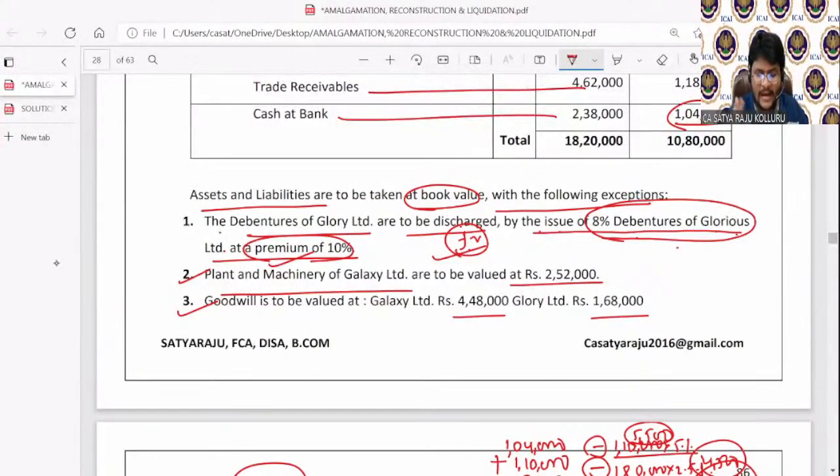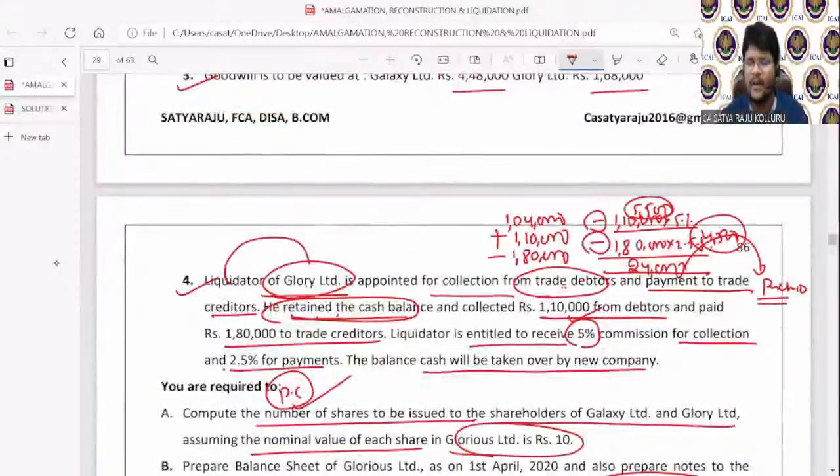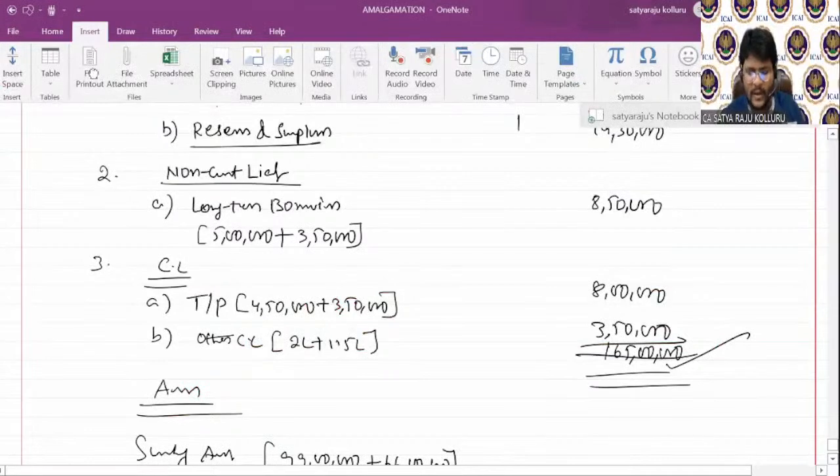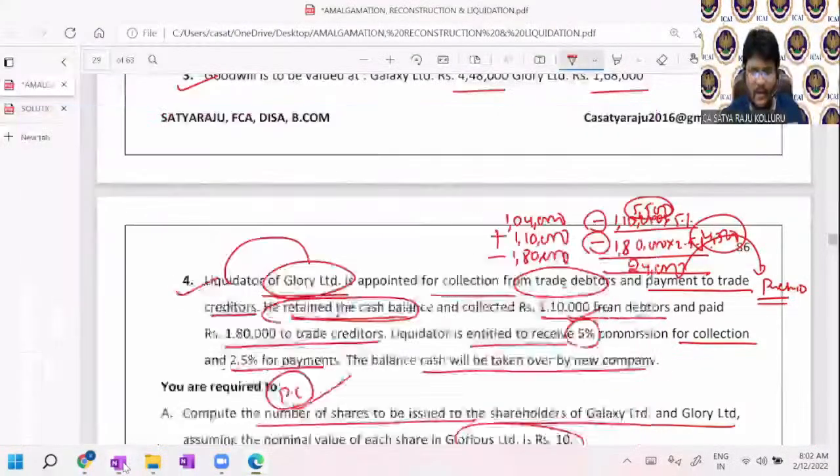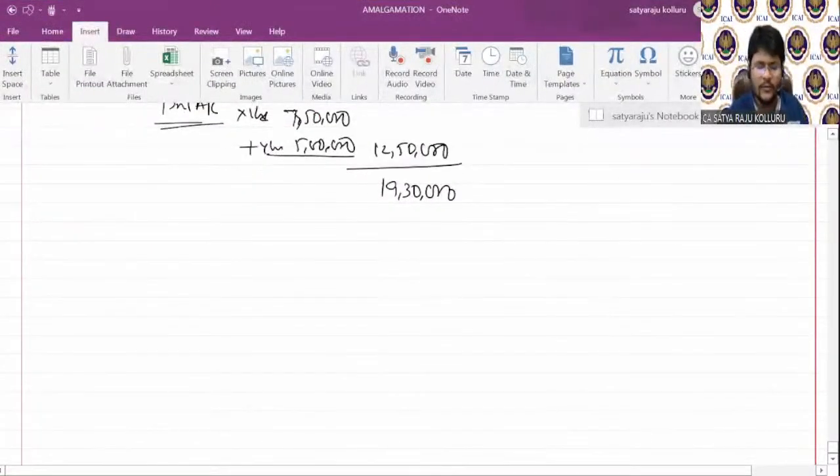Yes, NAV method. So many are giving the reply net asset value method. Very few members are giving the reply that it is net payments method. It is not the net payments method, guys. From the given information, you are unable to ascertain the amount payable to equity shareholders. Then how can you treat the method of PC as net payments method? So purely the method of PC is net asset value method. First, let me calculate the PC, then you can easily calculate the number of equity shares to be issued.